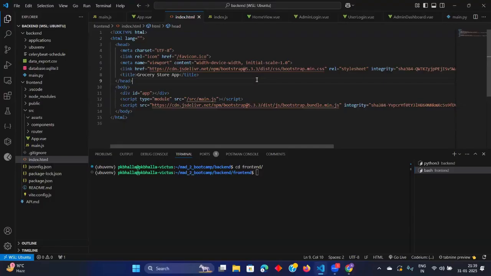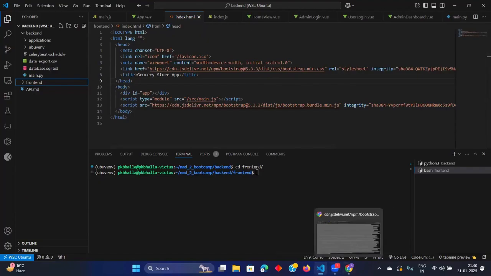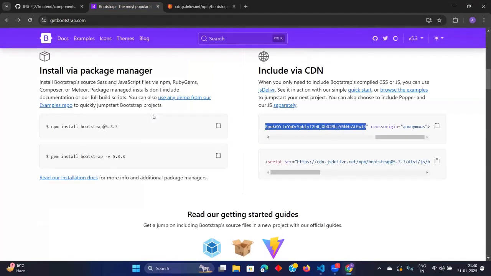But if you are not connected to the internet, you can just copy the code from there and run it in your local. That will also work. The other way is to install this using npm, as given under install via package manager. It will do the same thing, but it makes a modular structure. If you just copy the code, that is the usual way.